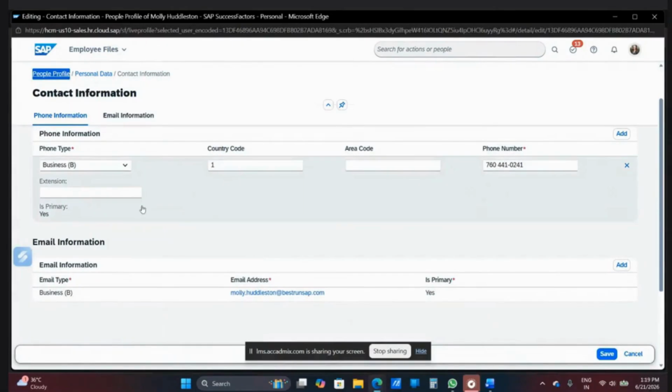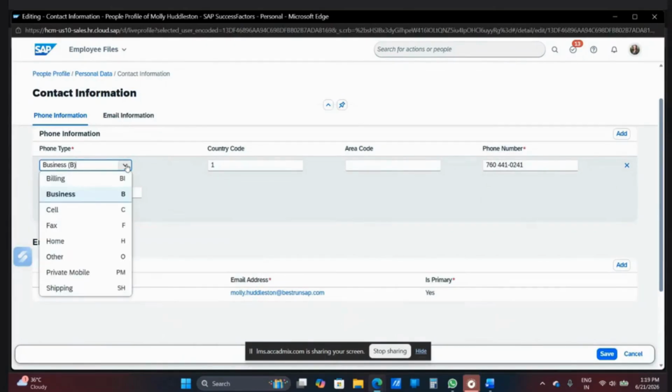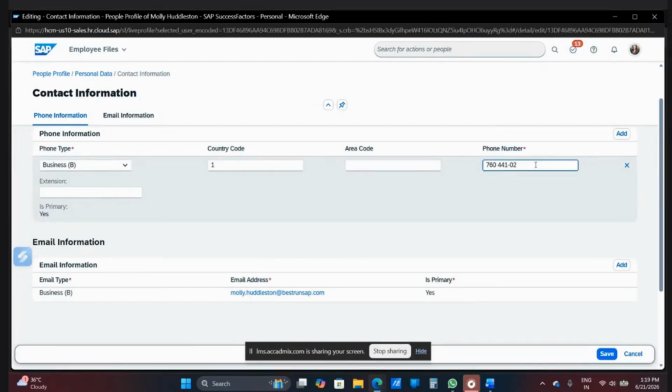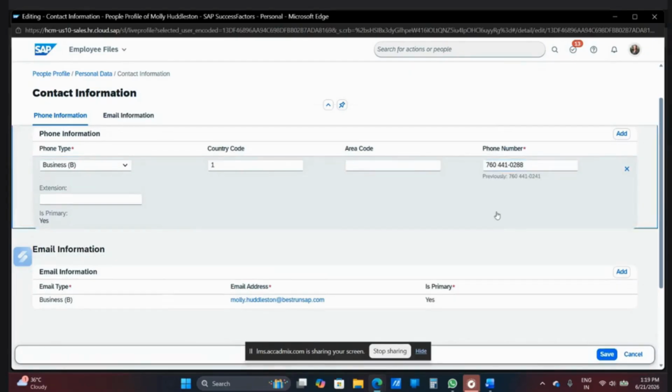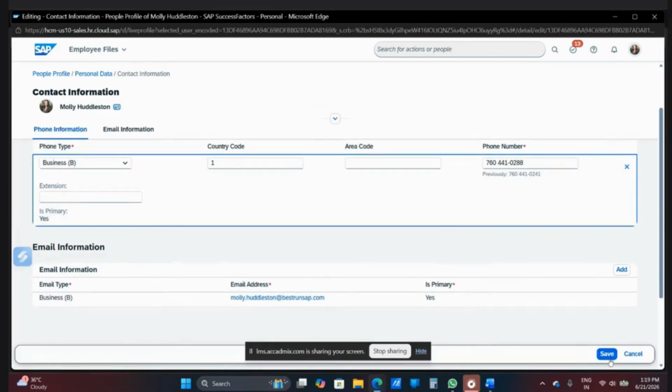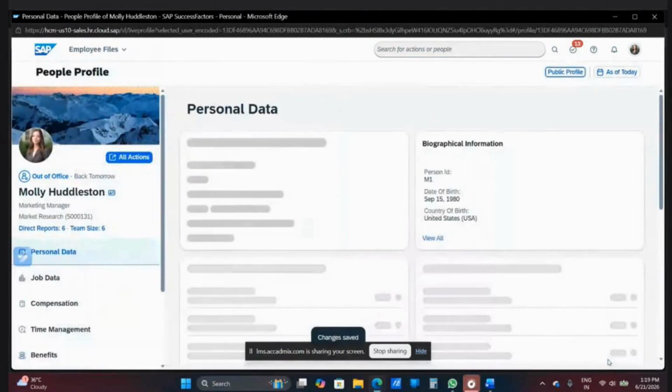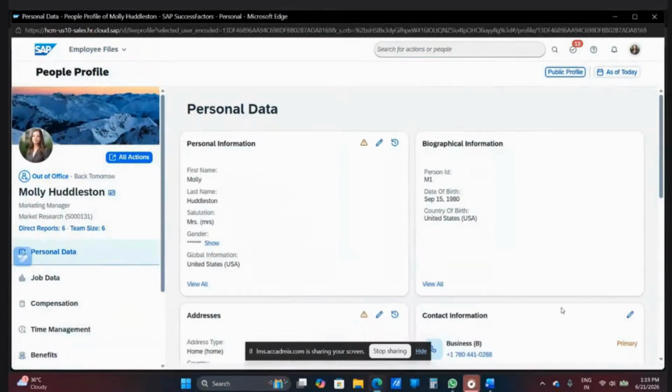If you can see this button, you can update the information. Now update the phone number. Click on the phone number. Just update the last digit. Yeah, 88. Save it. Got it. Thank you so much. So that's how you can do it.